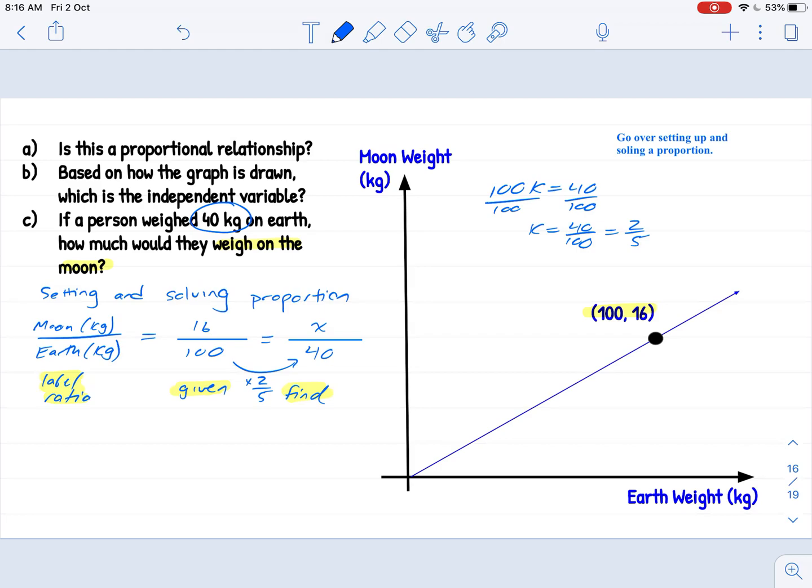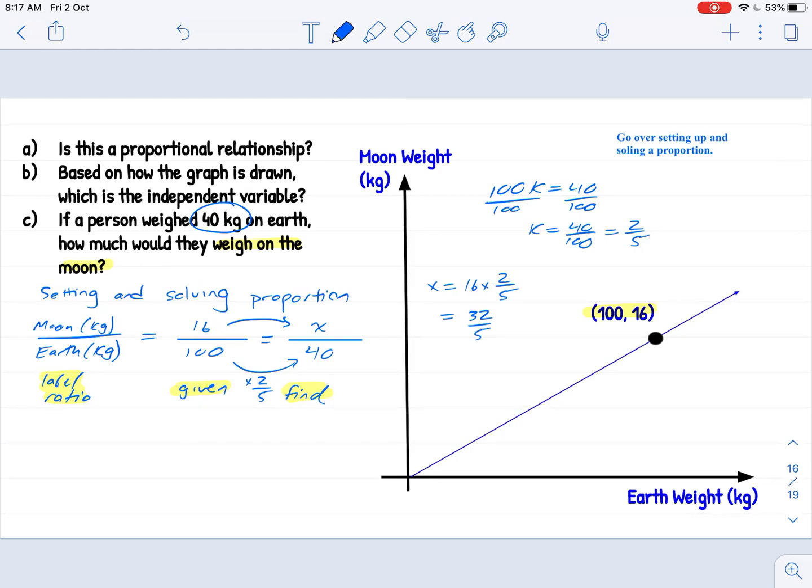But in order to keep these ratios equal to each other, which anytime you have a proportion, all the ratios are equal, I have to do the same thing on the top. So I'm going to take 16 and multiply it by 2/5 to get that x value. I'll just do that off to the side. So x is going to be 16 times 2/5. Well, that's equal to